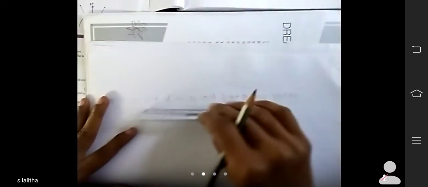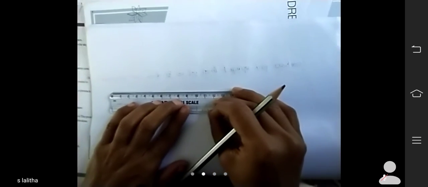So with protractor, how to draw? It is very easy. Take the ruler, all of you. Take the ruler and draw a ray or line, any measurement you have to take. Okay, so I have to draw a ray here. You have to put here Q, R. Okay. Now take the protractor.